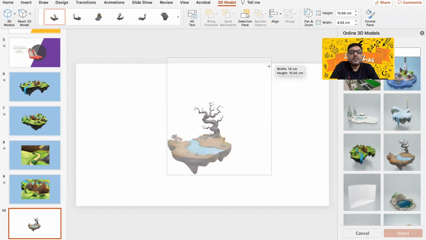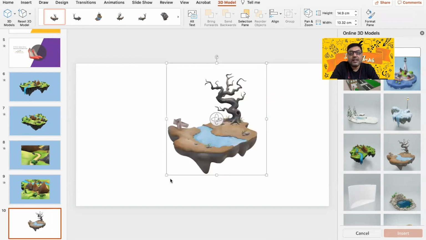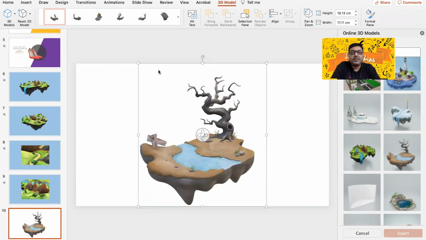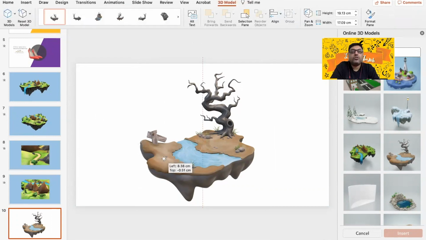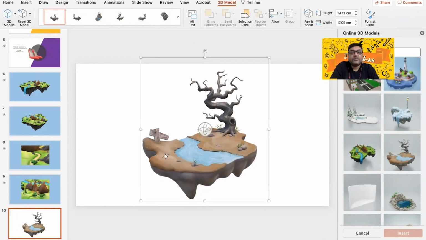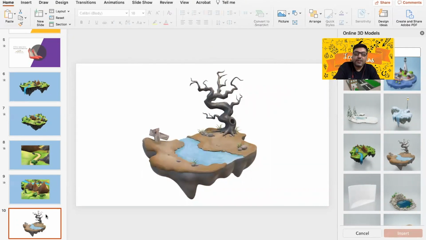I can simply scale it as per my need, right? If you want, you can change the background. I'm not going to do all those things. And I will simply copy this slide,